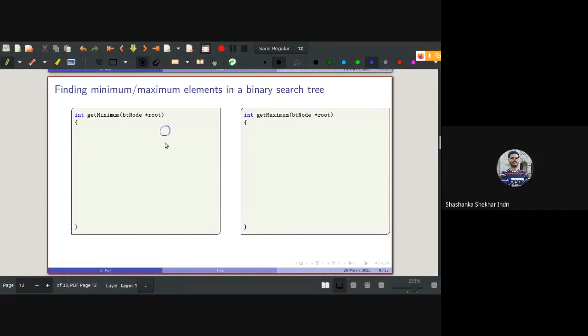Exactly. In any tree, the minimum value will be stored somewhere in the leftmost corner of the tree, and the maximum value will be stored somewhere in the rightmost corner. It might have a left subtree and so on, but the rightmost node will contain the maximum value.